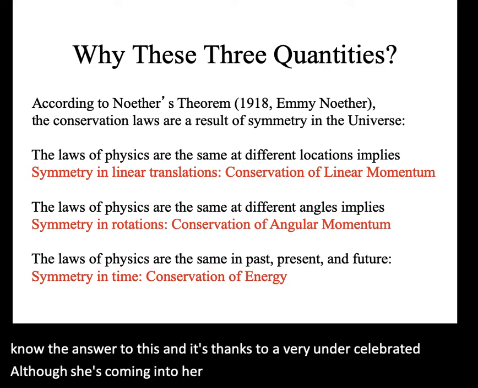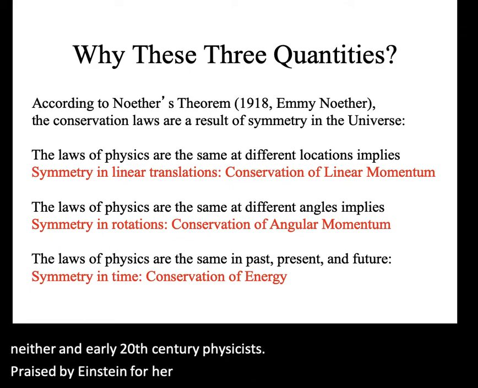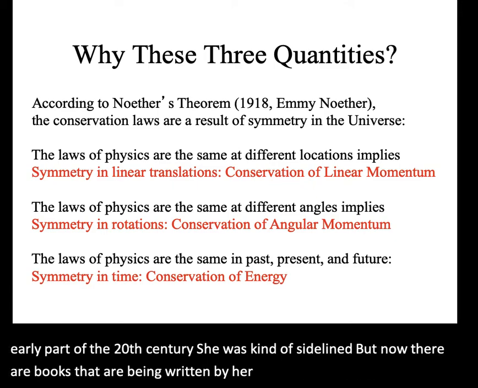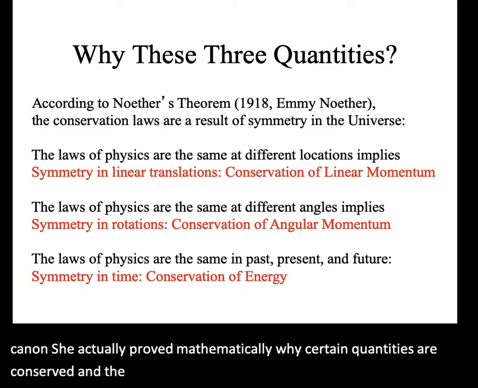Amy Noether, an early 20th century physicist, praised by Einstein for her work. But as a Jewish woman physicist in the early part of the 20th century, she was kind of sidelined. But now there are books being written by her, and she's becoming part of the canon. She actually proved mathematically why certain quantities are conserved, and the reason that certain quantities are conserved in physics is